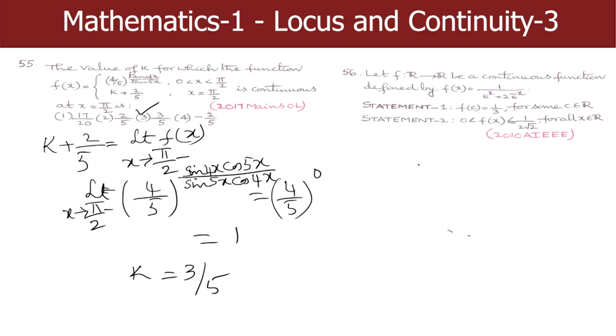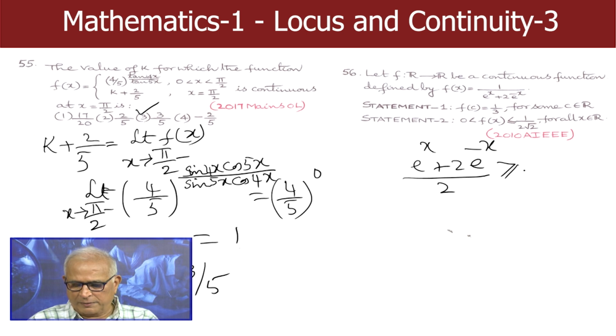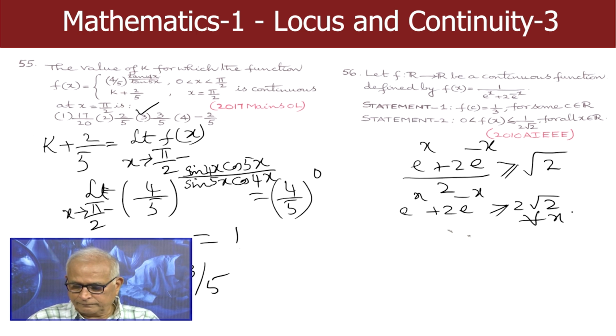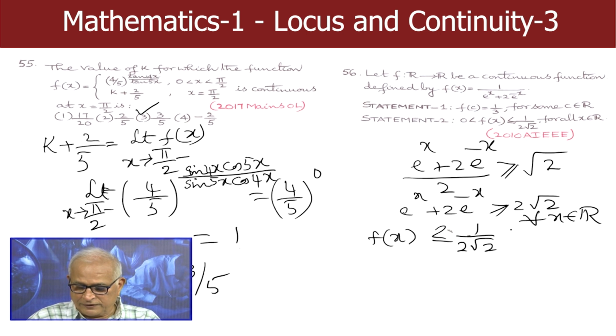Now here f(x) is 1 by e power x plus 2 e power minus x. Let us take e power x plus 2 e power minus x. Both are positive terms. Their arithmetic mean is greater than or equal to their geometric mean. e power x into 2 e power minus x is 2, so the geometric mean is root 2, or e power x plus 2 e power minus x is always greater than or equal to 2 root 2 for all x. So f(x) is less than or equal to 1 by 2 root 2 for all x,